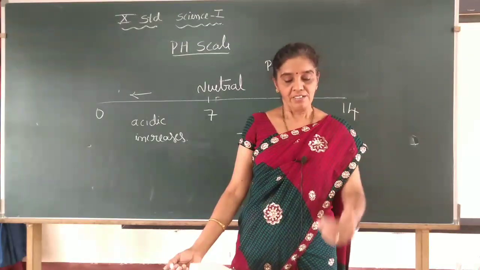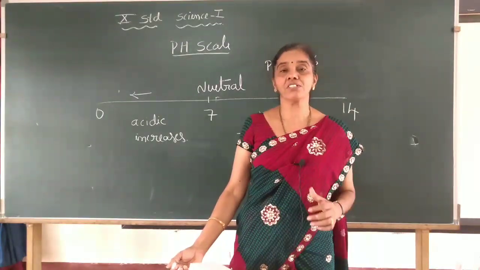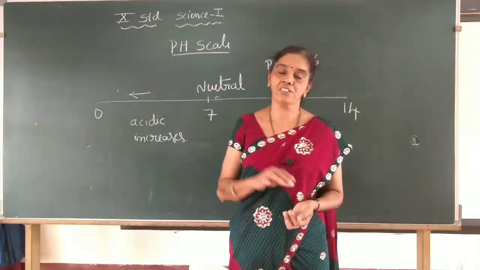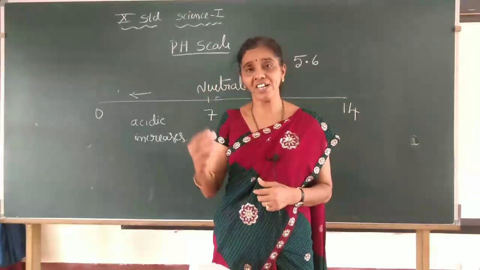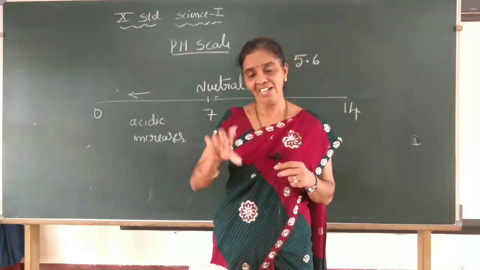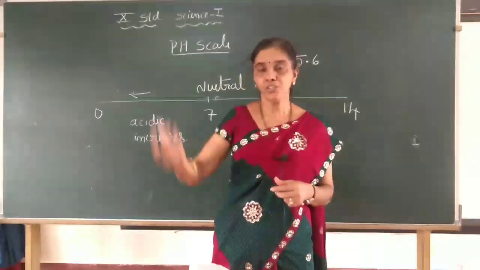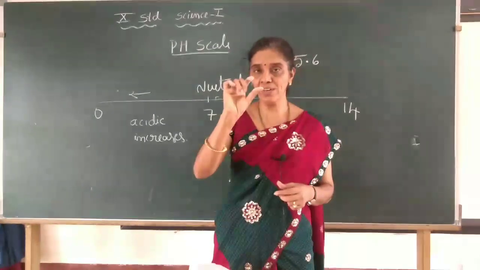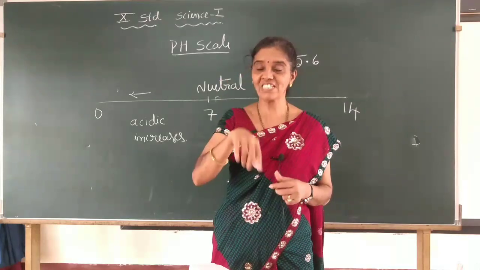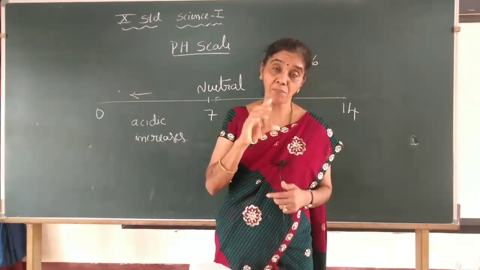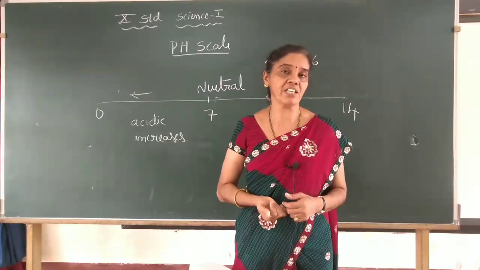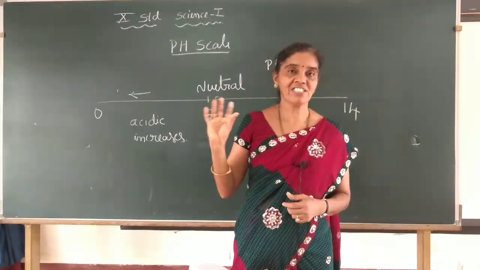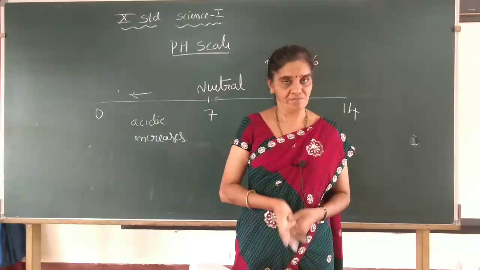Some plants need a particular pH range. The soil needs a particular pH range. What you have to do is take the soil, add some water, stir it, and filter it. Then take the liquid from that particular place and test it with the pH scale, and you will get the acidic nature of the soil.